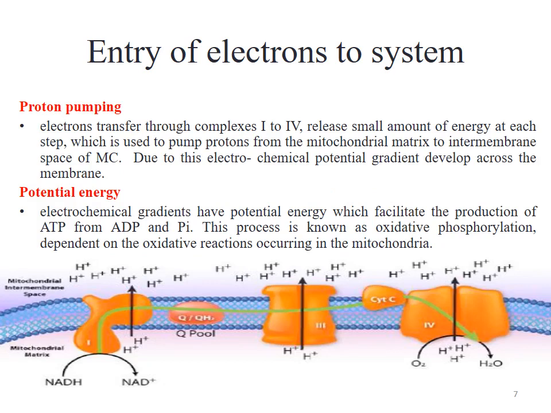The next term which is used in the electron transfer chain is the proton pump. Electrons transferred through complex 1 to complex 4 release a small amount of energy at each step, which is used to pump protons from the mitochondrial matrix to the intermembrane space of the mitochondria. Due to this, an electrochemical potential gradient develops across the membrane. Here you can see in the picture that this is a compulsory step for the